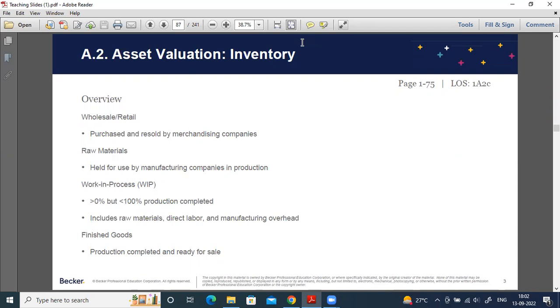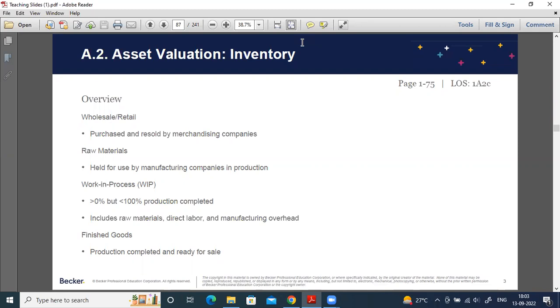Semi-finished stage means you cannot consider those products as raw material, and it cannot be considered as a finished product, right? And finished products is nothing but the products which are completed and which can be readily usable by the company for sale. So when you are going with the inventory, you should consider the three elements: raw material,